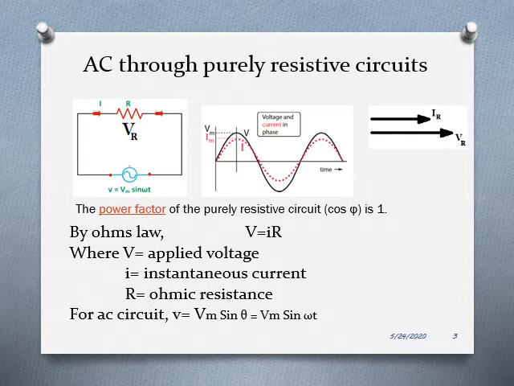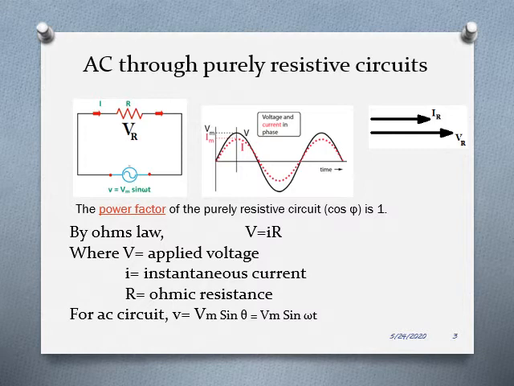inductance and capacitance. So we need to learn how the resistive behavior, or the loads that have resistive nature, for example those loads which don't move, meaning the lamp or light loads, behave when they are connected across an AC supply. That is what we are going to deal with in this AC through purely resistive circuit.